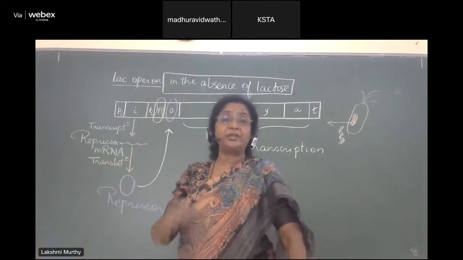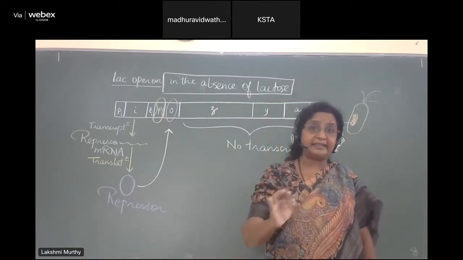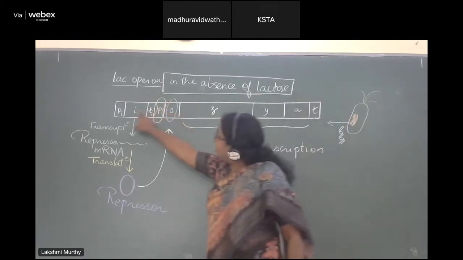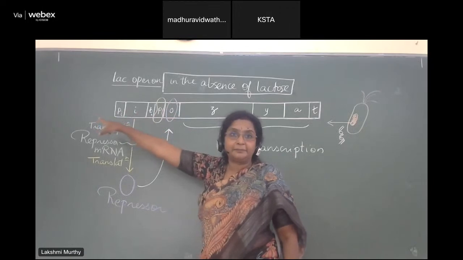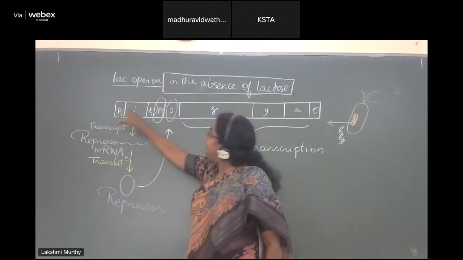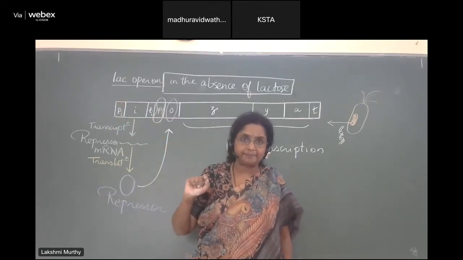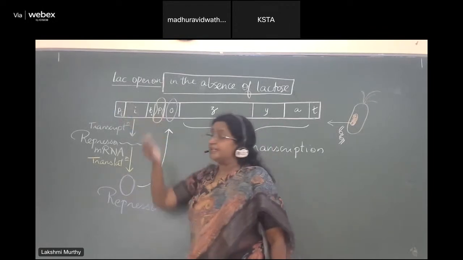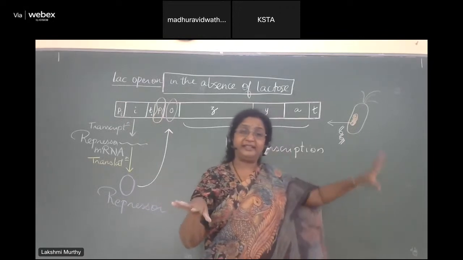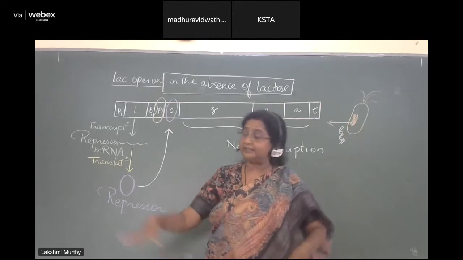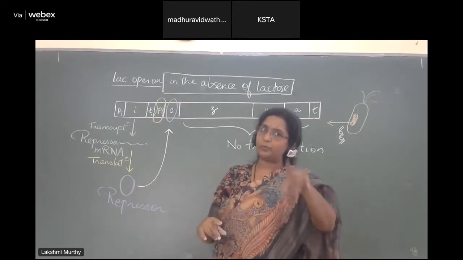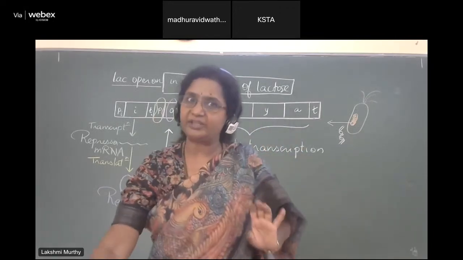Another small point to note, which is very, very important for NEET exam as well as JEE Advanced. And what is that? The regulator gene does not have its own regulator. You can see next to I, there is no operator sequence and directly the promoter is present next to it. What does that mean? The I gene doesn't itself require regulation because it is expressed all the time. Whether lactose is present or absent, the I gene is a non-regulated gene. It should work all the time. This is definitely a good, neat question, right?